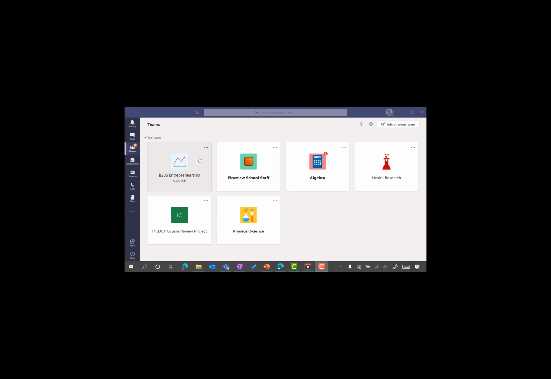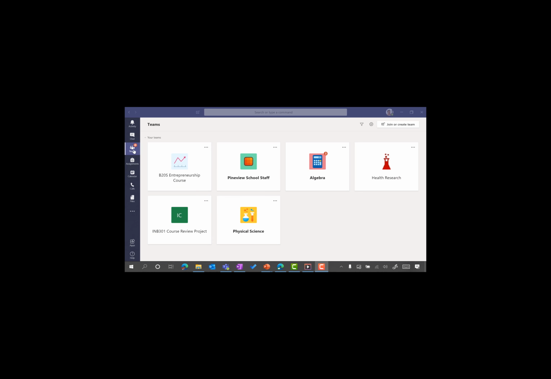For those that are new to using Teams, you'll see here right now I'm on the Teams tab, and this gives me then access to the different teams that I'm a member of. One of the powerful things about Microsoft Teams is this gives me a single place to bring together communication and collaboration, whether that's between staff members, whether if I'm involved in a research project, or if I'm teaching. I now have a single app that can bring together all of these different scenarios into one hub for any of the communication and collaboration required for all of these different ways that I can work together with my students